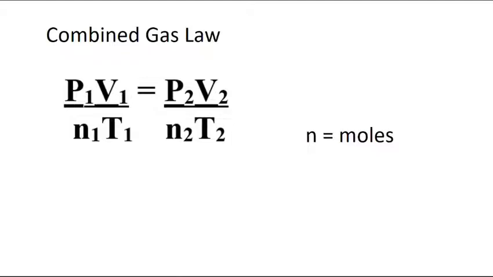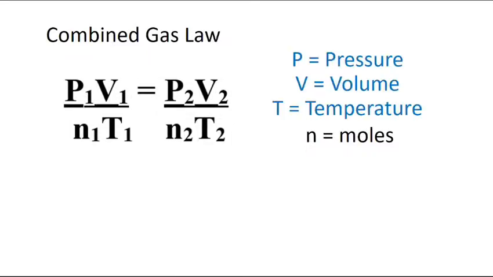An N represents moles. If you want to add a reminder that P is pressure, V is volume, and T is temperature, then that would be great. You do not have to, though, because those are a little bit more obvious. But if it helps you, write it. What I would like everyone to write